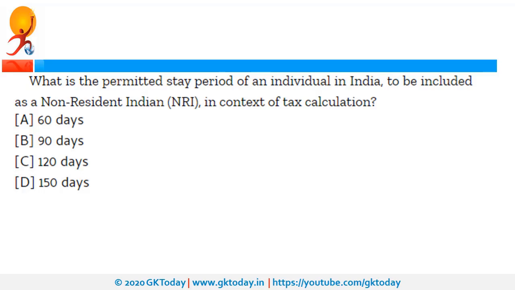What is the permitted stay period of an individual in India to be included as NRI in the context of tax calculation? So NRI stands for non-resident Indian. Now if someone is Indian, they need to pay tax in India. However, if someone is not Indian, then they need to pay the tax in the country in which they are residing. So the Union Budget of 2020 proposed to reduce the stay period of an individual in India to 120